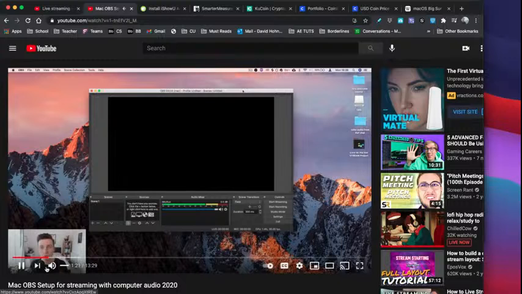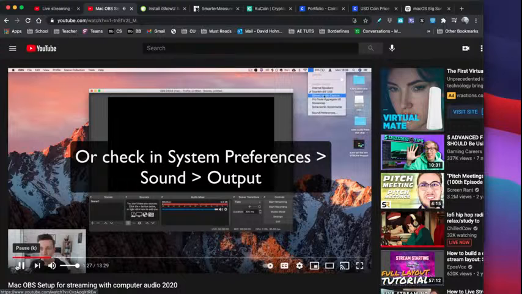And you'll know that you have it installed when you can see it as an option in here. So I can see iShowU Audio Capture just there. That's how you'll